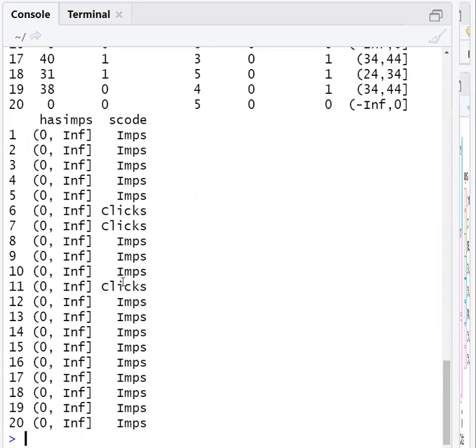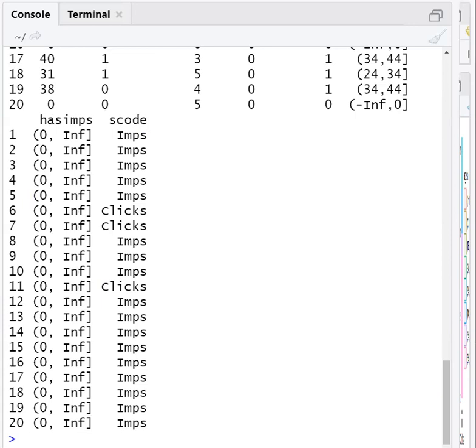So first we added no impressions. If impression is 0, no impression will come. If impression is greater than 0, then impression will come. If clicks are greater than 0, then clicks will come. So we may have the option, that is clicks, no impressions, and impressions.